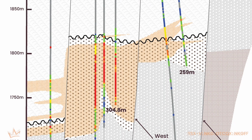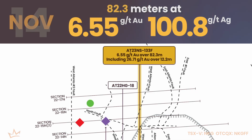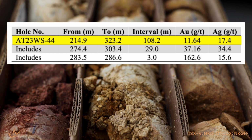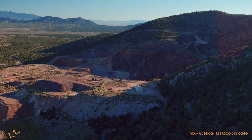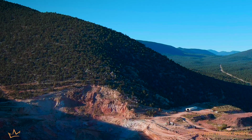Oftentimes what happens, a company will have some success, then they'll have a little bit more, then they'll have a little bit more, then all of a sudden, boom, you've got a giant on your hands. If it's strong enough to do what it's doing at the Atlanta mine proper, it makes us really curious as to where are the other potential areas. And that's kind of where we've come up with our other targets regionally, starting especially with the South Quartzite Ridge